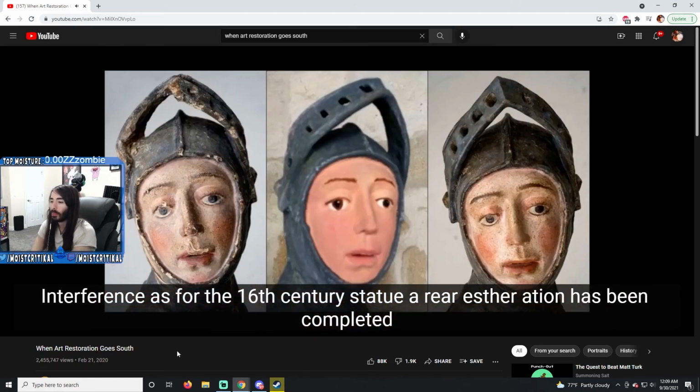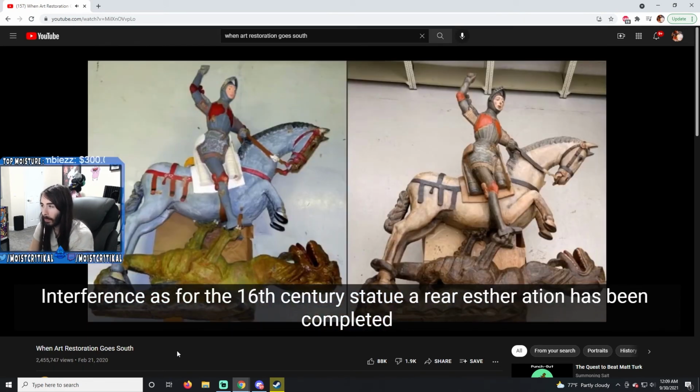As for the 16th century statue, a painting, re-restoration has been completed. And as far as I know...